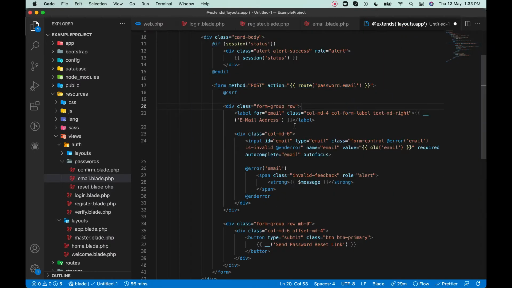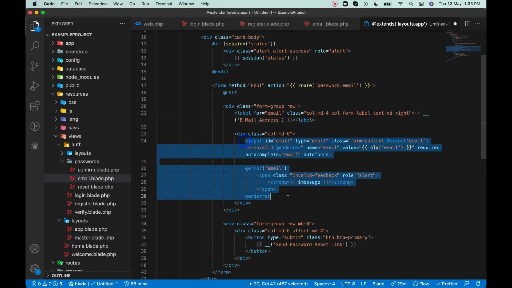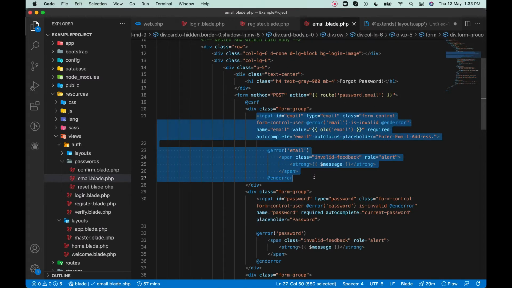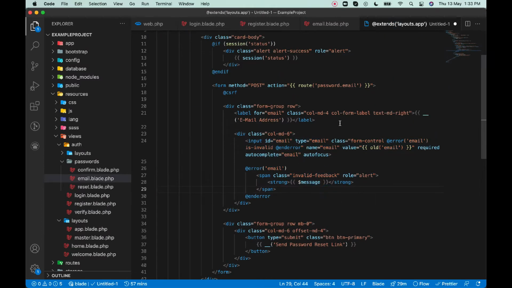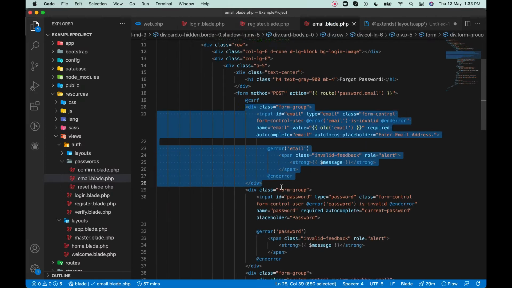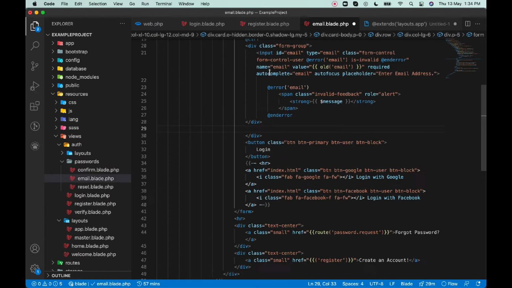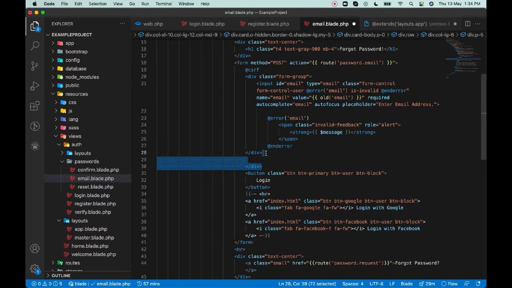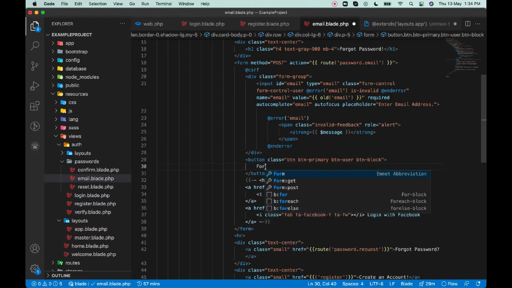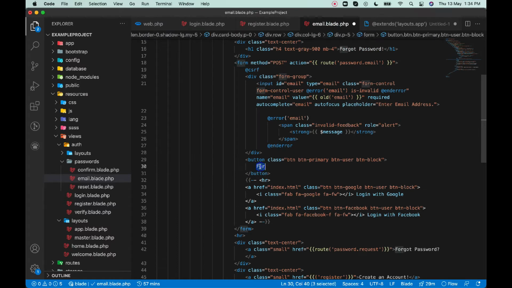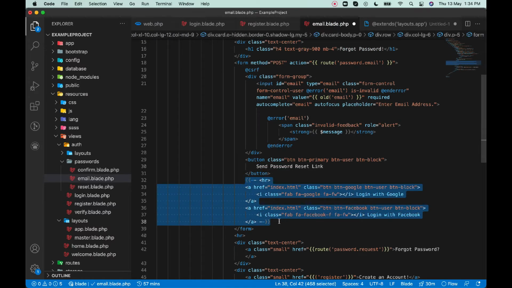Alright, for forget password this is the link. So for this we have to copy this input and make it here. As we are making only for email, I think it's good. We already have this email group. We just need to remove this password and remember the inputs. Alright, great. I think I missed this div. Instead of, what is the name of the button? It's send password reset link. So I'll simply make it this, remove these,